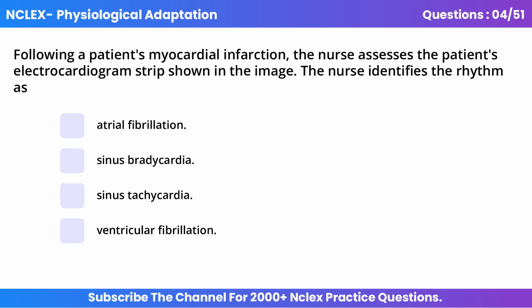Question 4. Following a patient's myocardial infarction, the nurse assesses the patient's electrocardiogram strip shown in the image. The nurse identifies the rhythm as